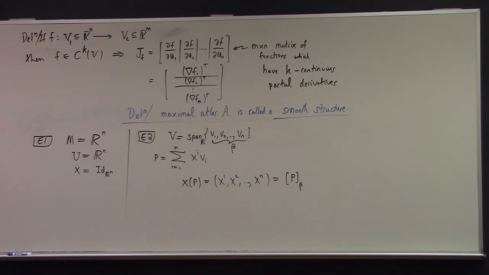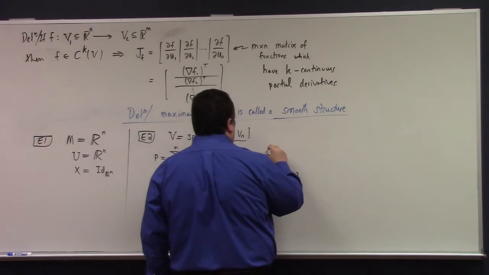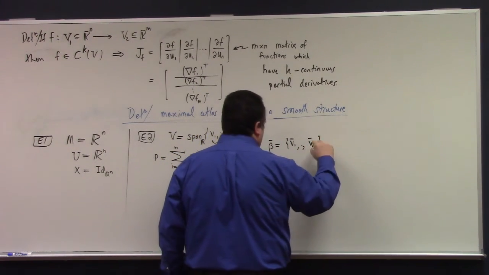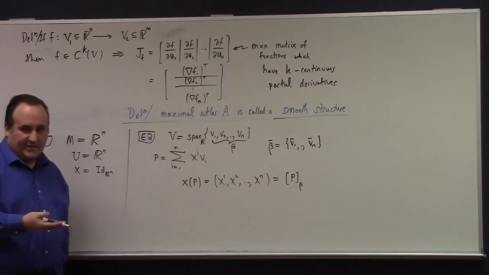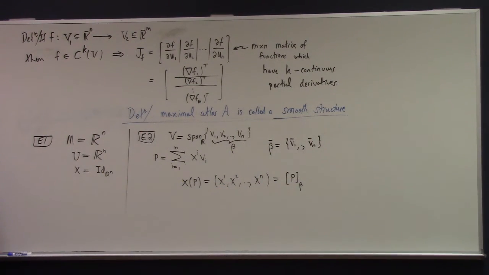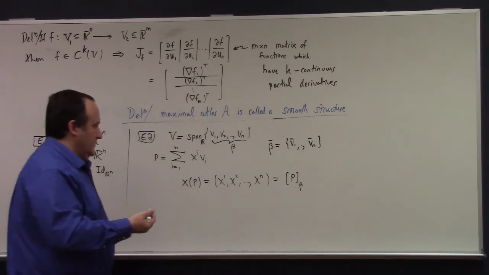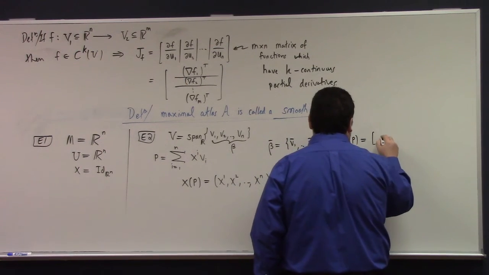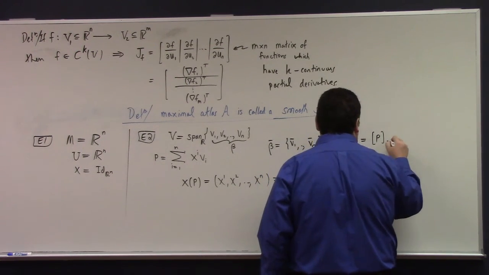And so, question: what about other linear algebra coordinate systems? What if I chose a different basis, like say beta bar? What would the situation be? If I had beta bar, v bar 1 through v bar n, that's another basis for my vector space. I can define a coordinate system with respect to that as well. So this would define x bar of p equal to, in my usual notation from linear algebra, like this,